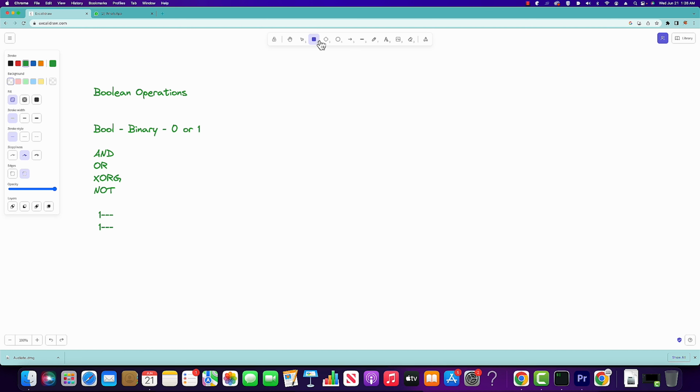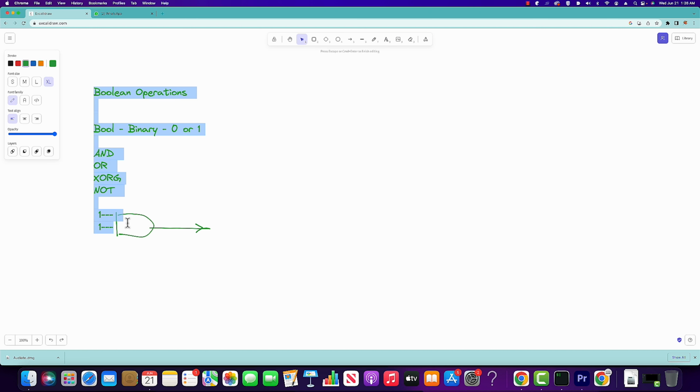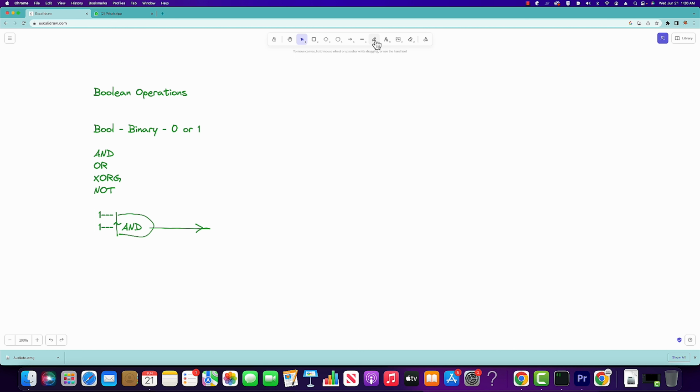AND is represented as something like this. If 2 inputs are coming to an AND gate, an AND relationship right here, they will give you an output here of 1. Okay, how is that possible? So the AND relationship follows, let's say this input is X and Y,